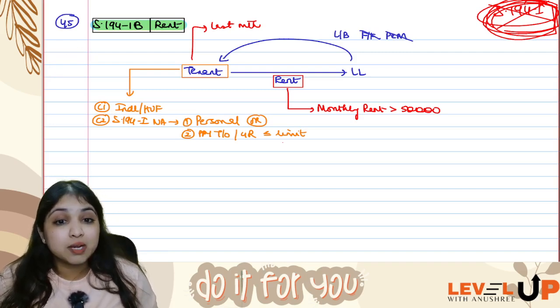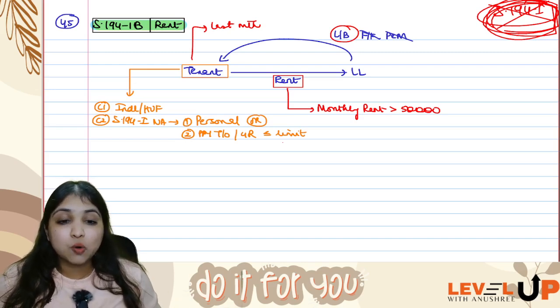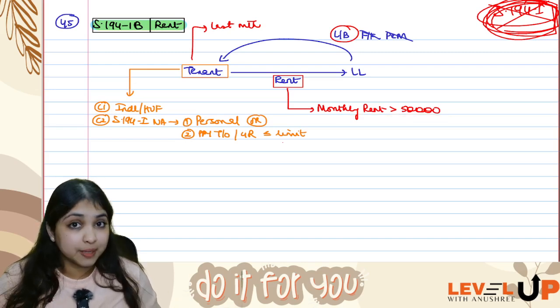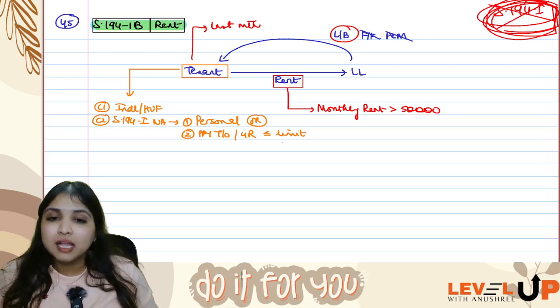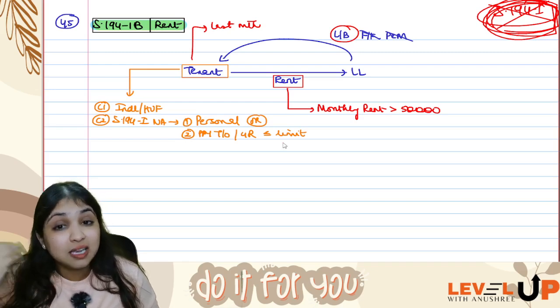But 194IB will apply only on rent on land and building, not furniture, fixtures, plant and machinery. Also, 194IB will apply only if the rent is more than 50,000 per month. I'm talking about monthly rent. If all these conditions are fulfilled, the tenant will deduct tax for the entire year in the last month at